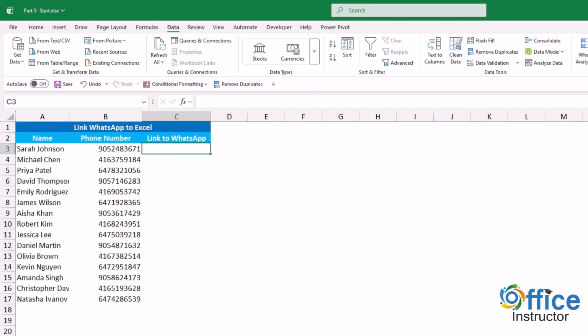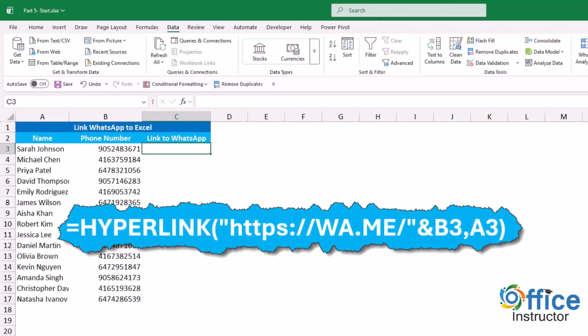Do you know that you can make WhatsApp calls or chats using a link of phone numbers available in Excel? Let's see how we link WhatsApp to Excel. I have a list of names in column A and their corresponding phone numbers in column B, and I start creating a hyperlink function. In this hyperlink function, I type equal hyperlink. In double quotation, I type https://wa.me/